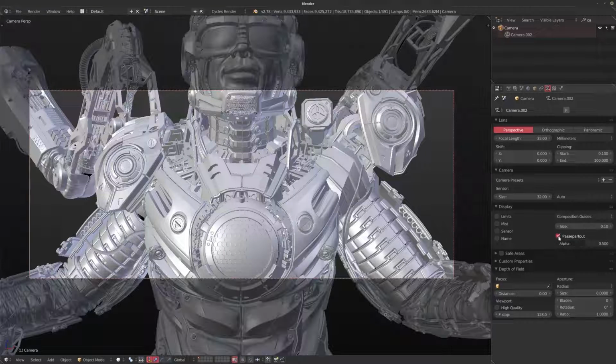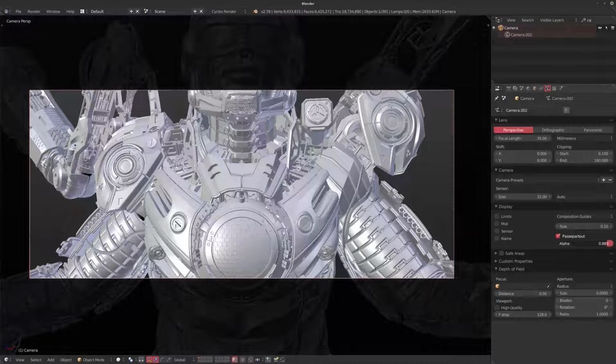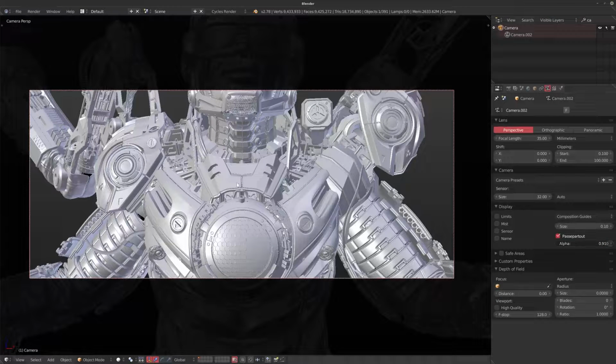You can turn it off and on, and the thing that I like about it is that you can actually set it quite high. So when you're working on trying to find a good shot, if you set this up quite high, you've got a way better idea of what you're doing and what you're actually seeing in the camera. Now, that being said, let's talk a little bit about how to control this camera.